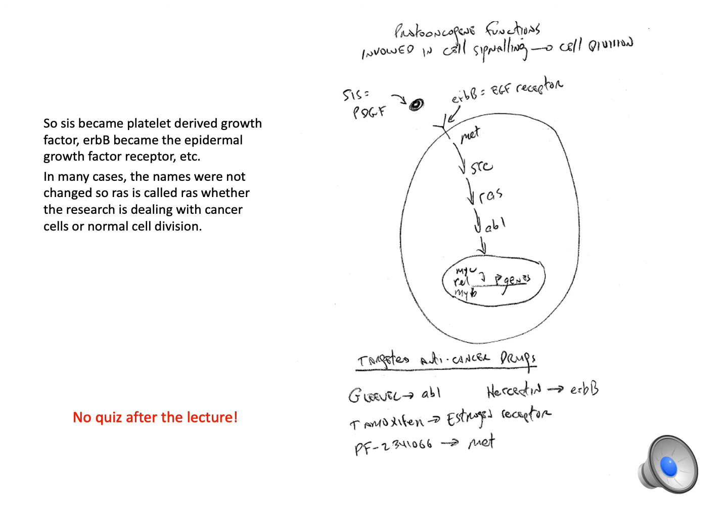The MET gene, the SRC gene, the first gene ever discovered from the Rous sarcoma virus. It turns out that when you sequence genes that are part of this pathway, unknown genes, well, you know they're part of the pathway, and compare them to sequences in the database, SRC comes up. The RAS gene, a signaling gene, the ABL gene, a signaling gene. So all these signaling proteins that are involved in normal cell growth turn out to be the very same genes